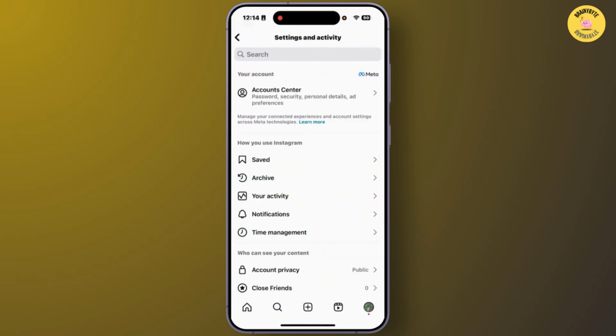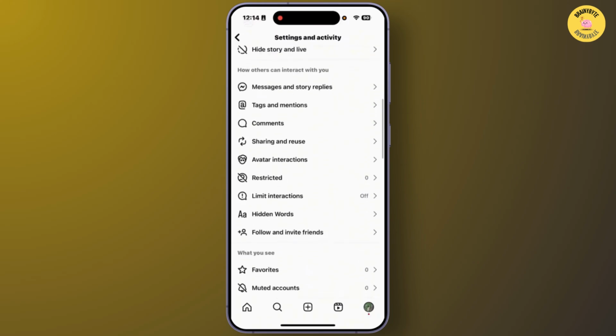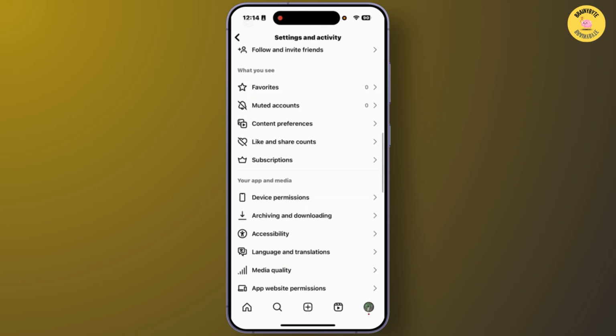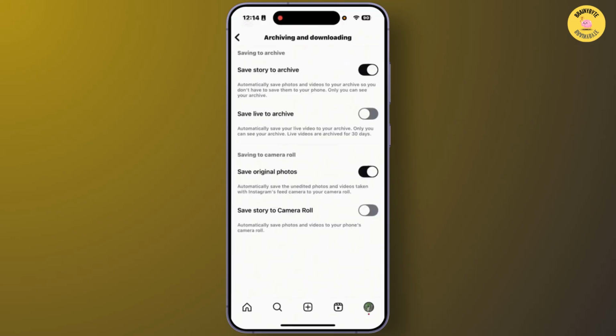From settings and activity, you'll have to scroll down and tap on the option archiving or downloading. After you tap on that, from here, you'll have to just tap and turn on the option for save story to archive, save original footage or save story to camera roll. After you make this change from here, you'll be able to save every post, photo or video automatically to